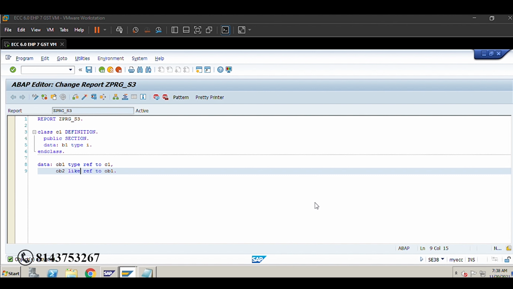Okay, so SY-DBCNT. What does it hold? It holds the database count. For example, if the database has 10 records, then it will return the value 10. For that purpose we will use SY-DBCNT.